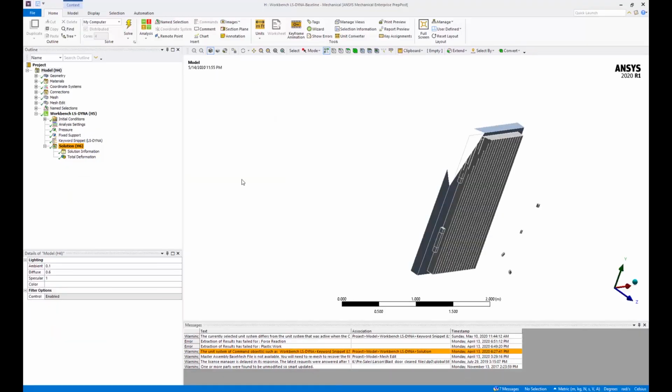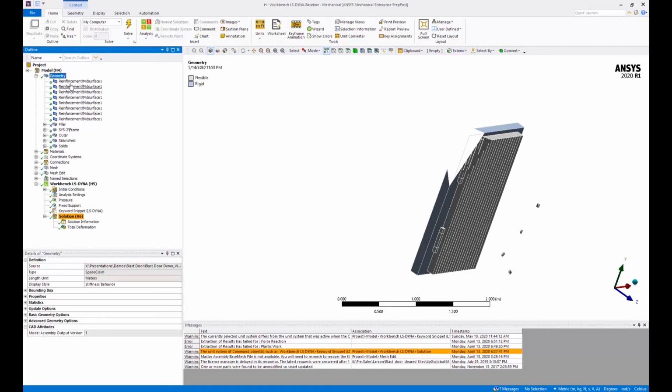One more thing is that users also have an option of doing impact simulation with something called Workbench LS-DYNA. So LS-DYNA is either you can use it as a standalone solver, or you can use it as a part of the ANSYS Enterprise package. LS-DYNA is a different solver, but it's owned by ANSYS now, and all I did was copy the model here and convert it to LS-DYNA. The physics is essentially the same, but the solver in the background is different. Maybe some of the settings might be different.